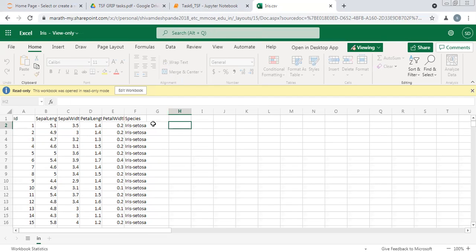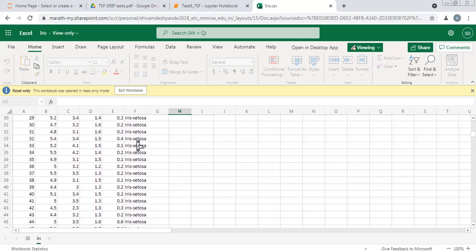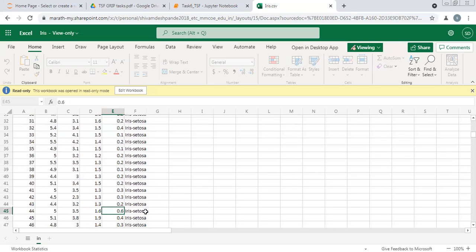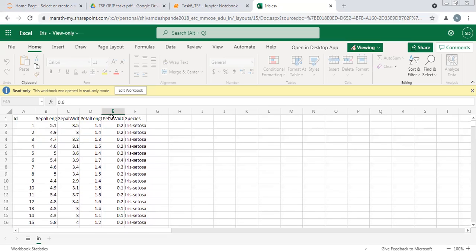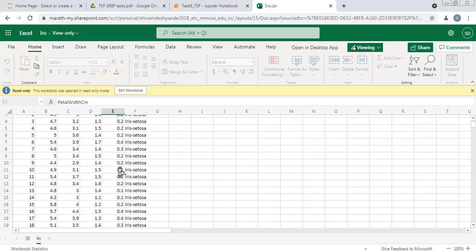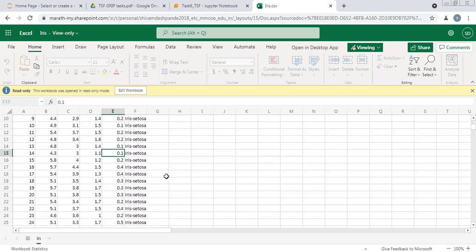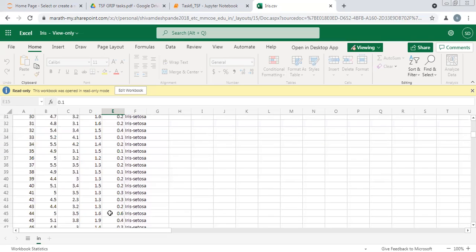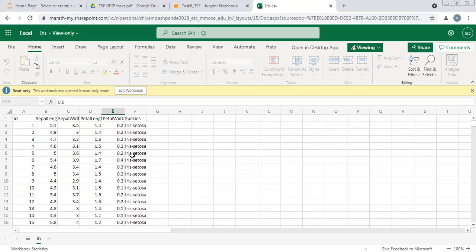Now, one insight about this data set is, if you note here, the first 50 entries are of Setosa, and if I consider this variable, petal width, then for this Setosa class the petal width has a minimum value of 0.1 and a maximum value of 0.6. So petal width for Setosa ranges from 0.1 to 0.6. This is the range. Why do we need this? Because we have to predict the class of Setosa.